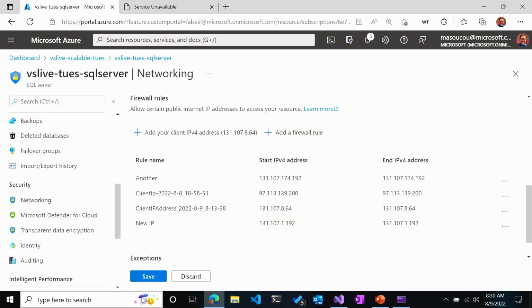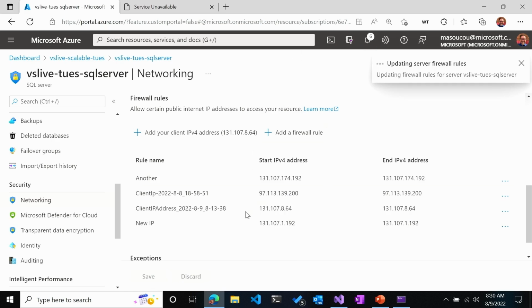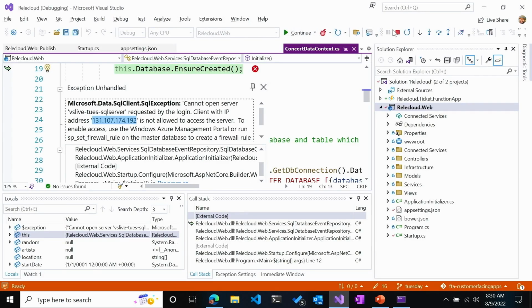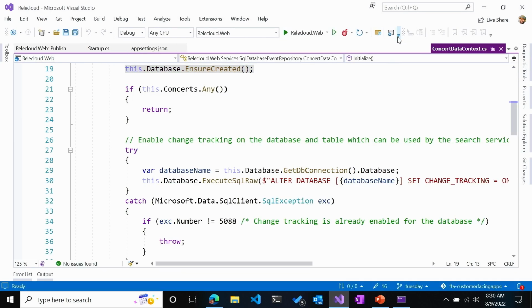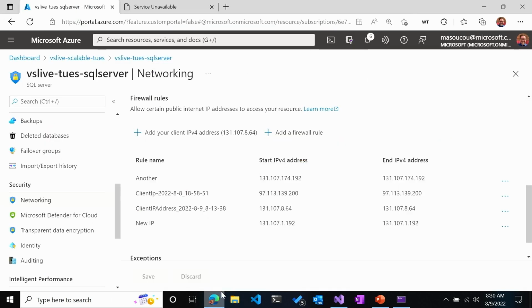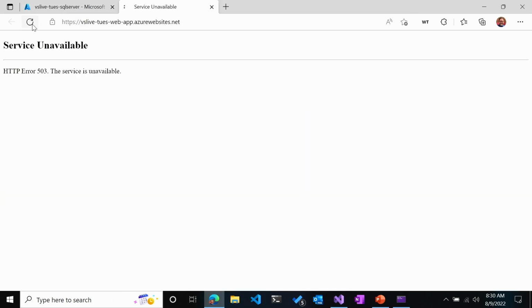That's odd. Anyway. So what we have here, this should have restarted by now. It is up and deployed, and now